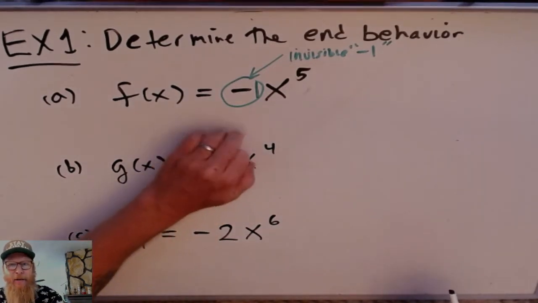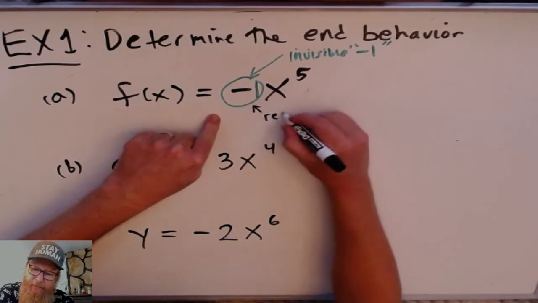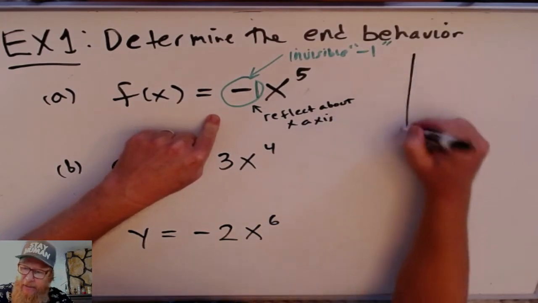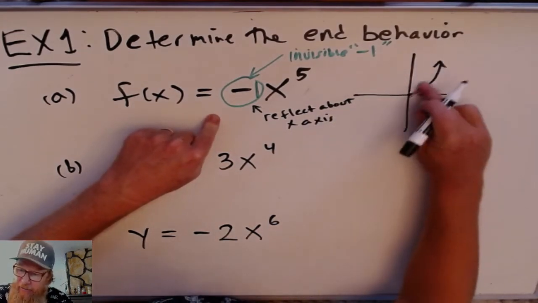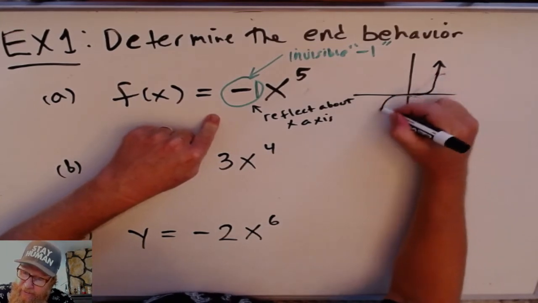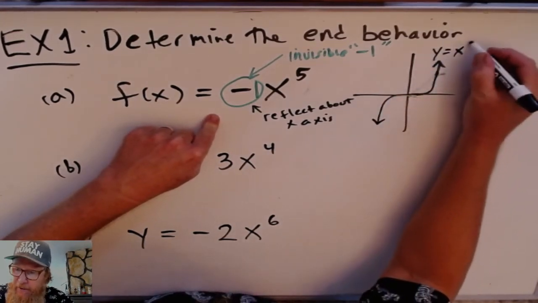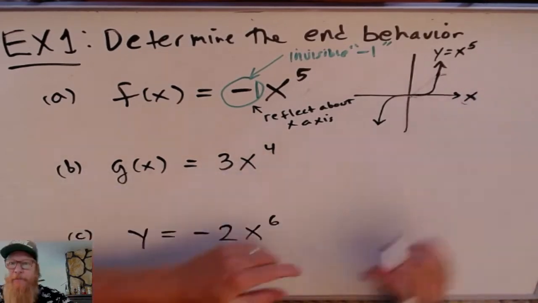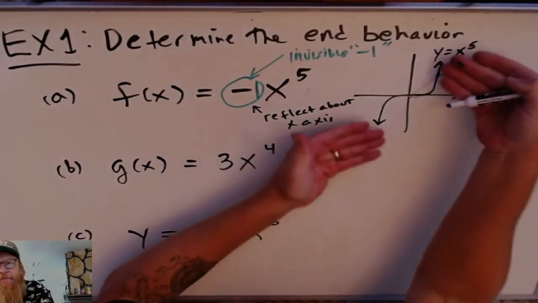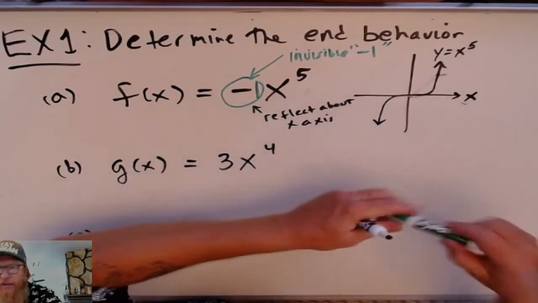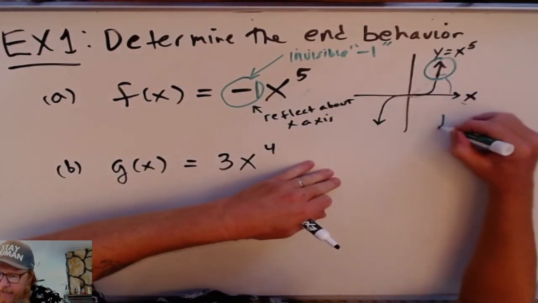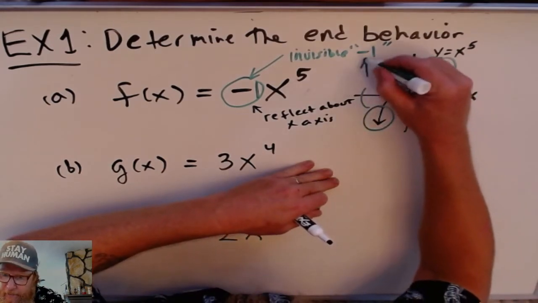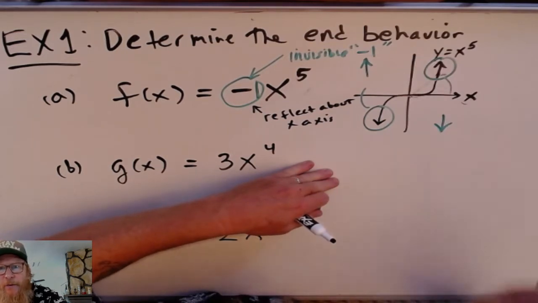Okay, so what's happening here? This is a reflection about the x-axis. So you're going to take this graph, x to the 5th. Yeah, this would just be x to the 5th. And you're going to flip it over the x-axis. So this part of the graph is going to get flipped down here, and this part's going to get flipped up here. So this is now the graph